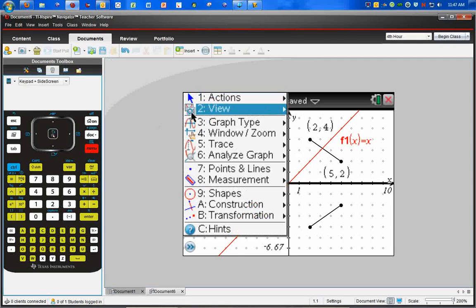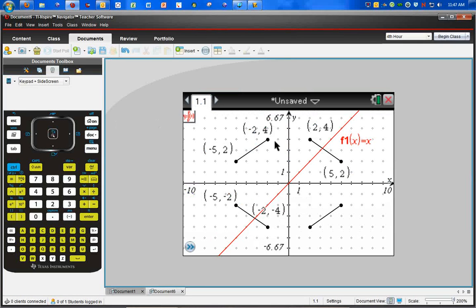And now what I want to do is I want to find my coordinates. So I have coordinates here, which are 2, -4, and coordinates here, which are 5, -2. So